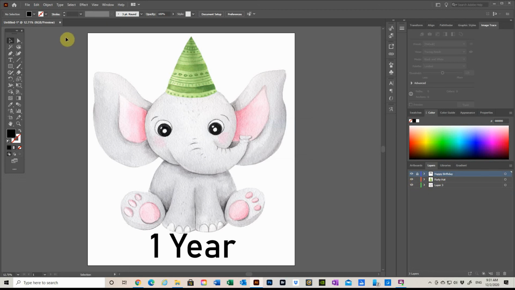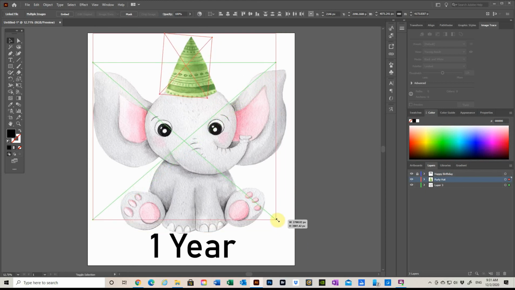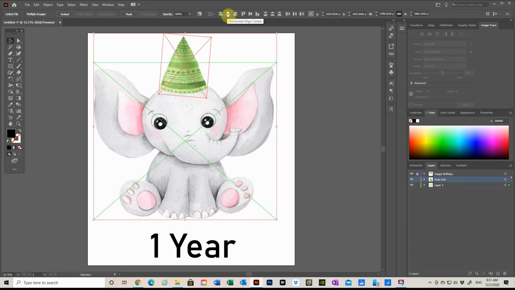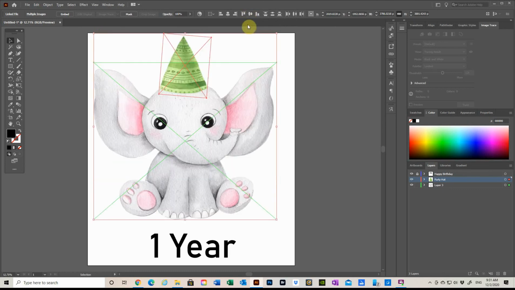Unlock these. I want to group it. Reduce the size a little bit. Just a little. Now I want to center it. Not that way.